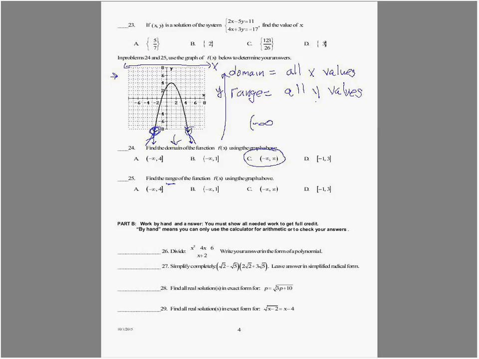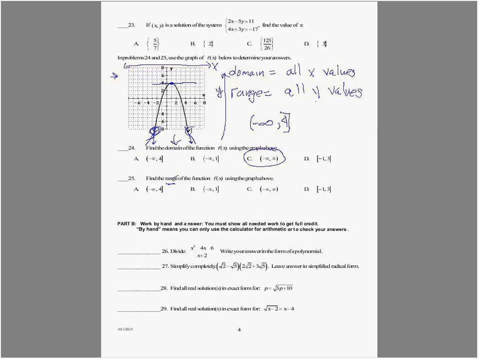It goes forever. But look at this. This is a parabola, and our highest y value is here. The peak of that parabola hits the number 4. So we're going to have a 4 here. Think about whether we are going to use a parenthesis or a bracket. A parenthesis means that the number is not included. A bracket means it is included. Well, clearly we can see that at x equals 1, y equals 4. So that 4 is included, and we use a bracket.